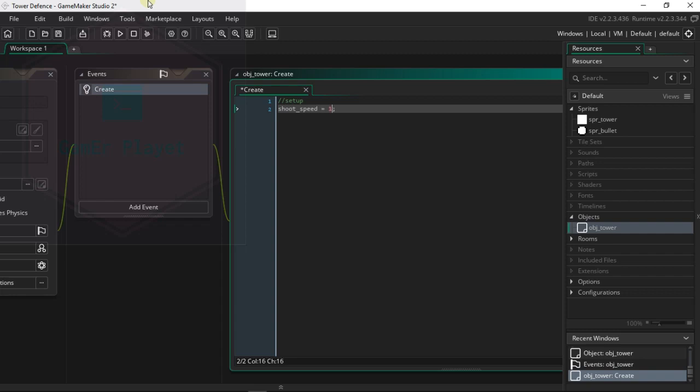We're going to have it as 1. So that's going to be slow. But we're also going to have the bullet damage equal 1. And range equal to